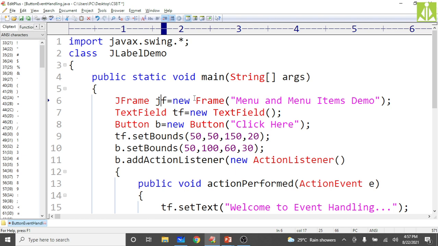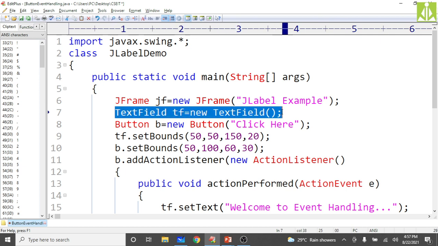JF is equal to new JFrame, and here we need to put the JLabel example, and create one JLabel.